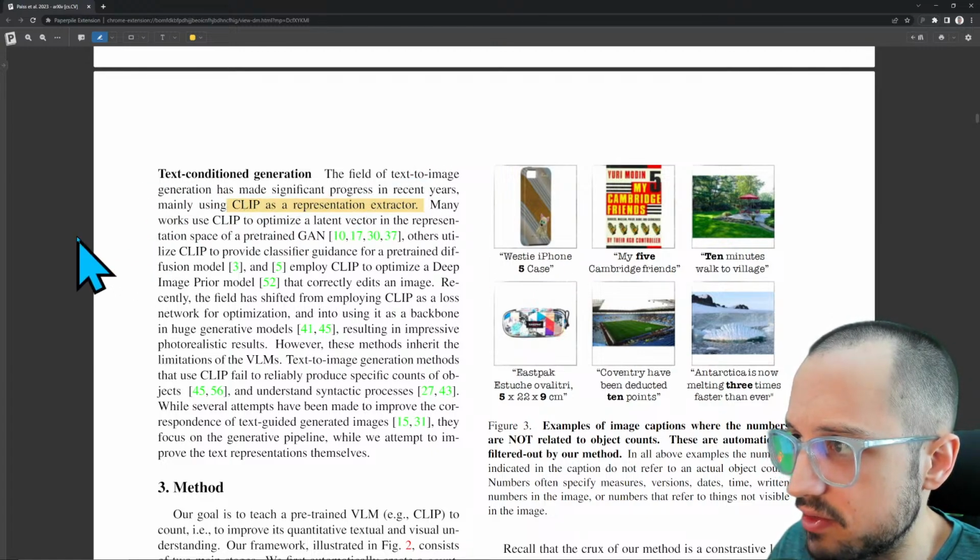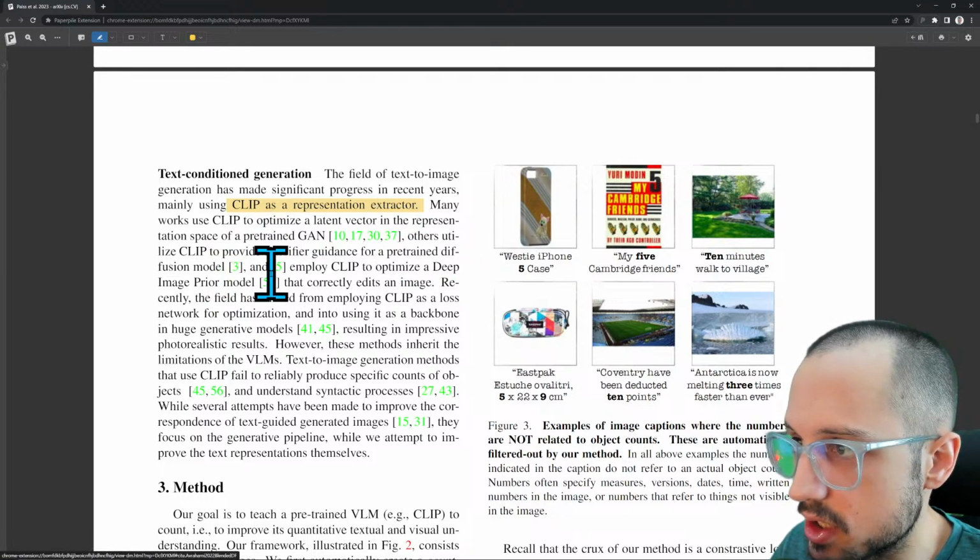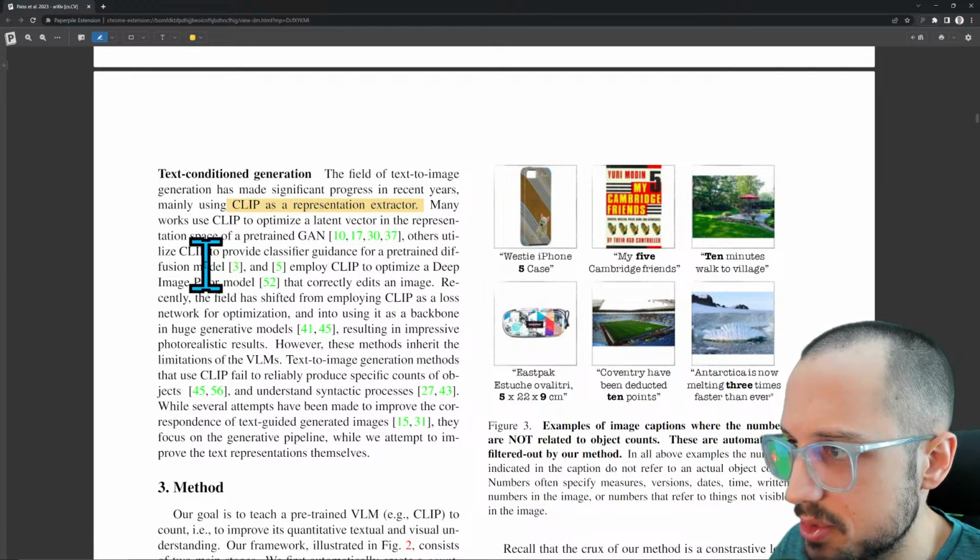CLIP to optimize a latent vector in the space of a pre-trained GAN. Others utilize CLIP to provide classifier guidance for a pre-trained diffusion model. This is probably Stable Diffusion here. And employ CLIP to optimize a deep image prior model that correctly edits an image. The field has shifted from employing CLIP as a loss and into using it as a backbone